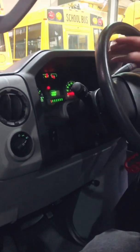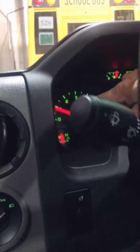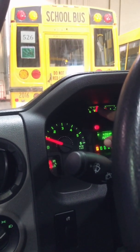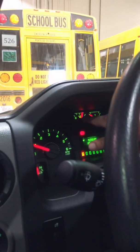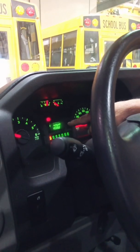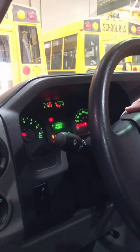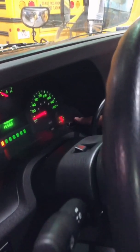As I continue to work over, I can see that my oil pressure is in the middle. That's good. My RPMs are about 800 RPM. My fuel level is just below 3/4. I'll mark that as 3/4 on my sheet. Can never go below half. My temperature gauge has not come up yet, and my odometer reading is 1,558. I note that I have a battery gauge, and it is showing right in the middle,